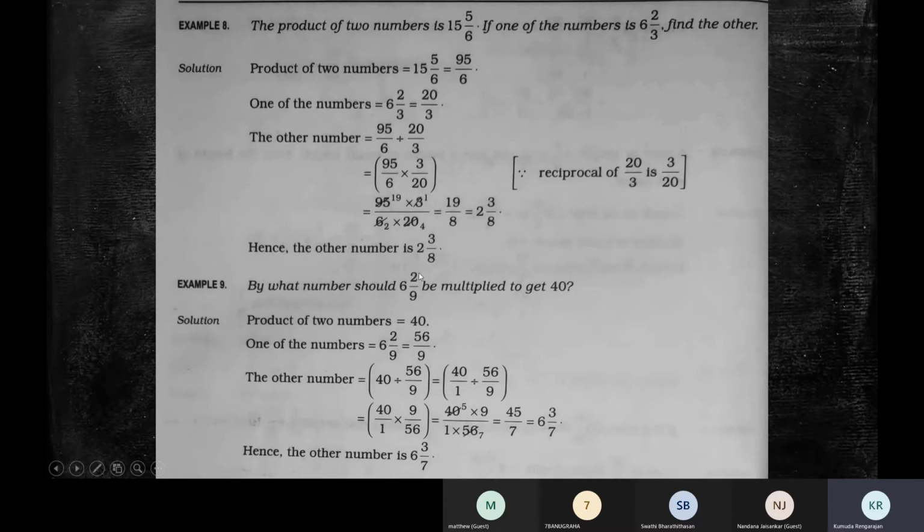You cannot write any number first. So which number first is very important. See, in the earlier one, it was the product divided by one number. In example 8, it was the product divided by one number. Here, the product we have to write first and then one number to get the other number. But here it is the second number first. So you cannot remember in any crude method that if the question is like this, then I'll write the second number first. No, you need to understand the situation.